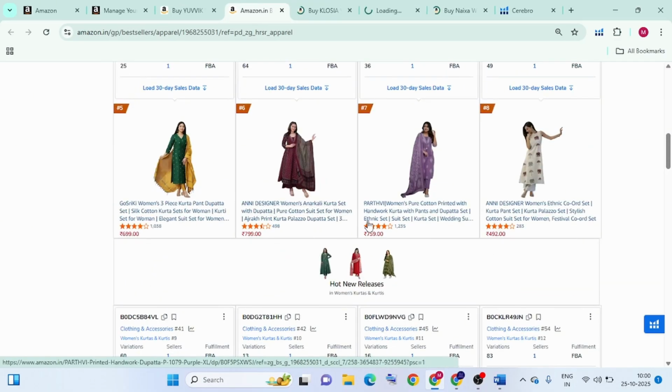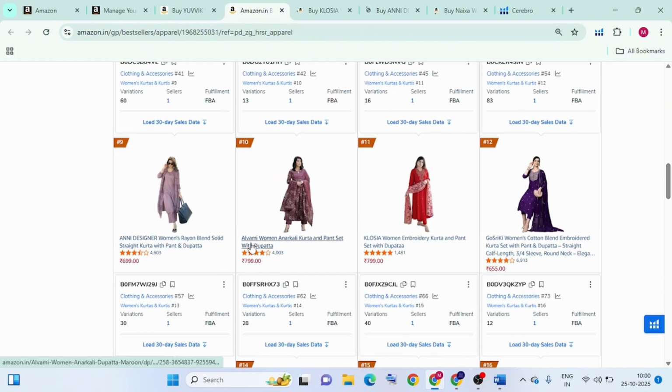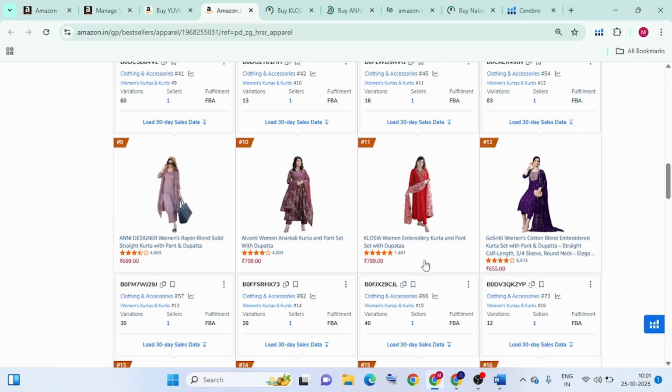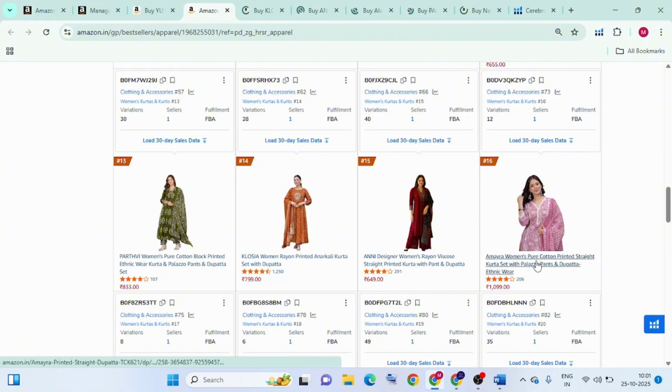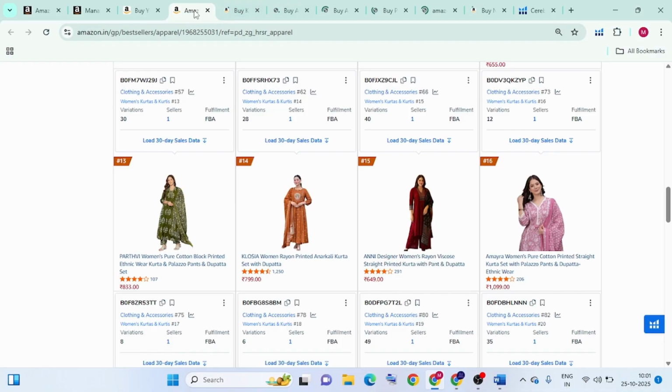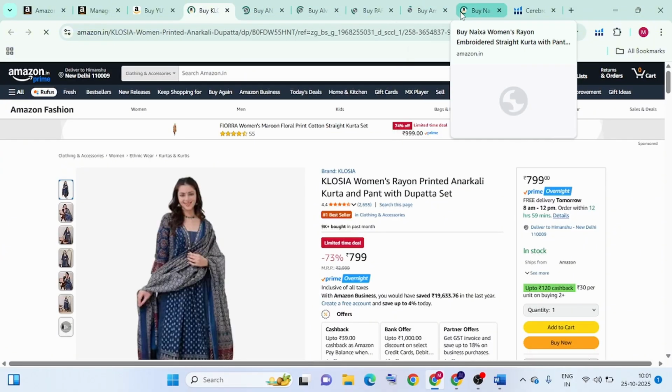It's a knee designer. Okay, part three. You can also search with the Amaya, right? So I just do a quick research with these one, two, three, four, five, six, seven. My seven is